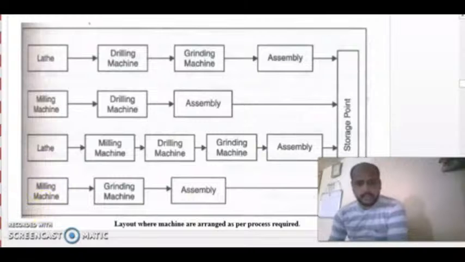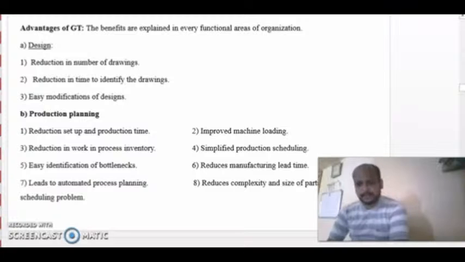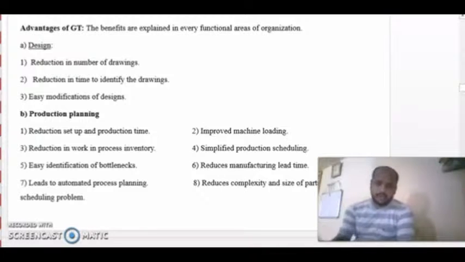Now let us see the advantages of group technology. In short, I will say advantages of part families. Design: reduction in number of drawings, reduction in time to identify the drawings, easy modifications of design. These are the advantages. Reduction in number of drawings indicates that suppose you have drawn one model in the